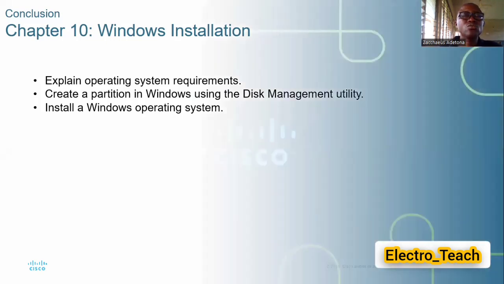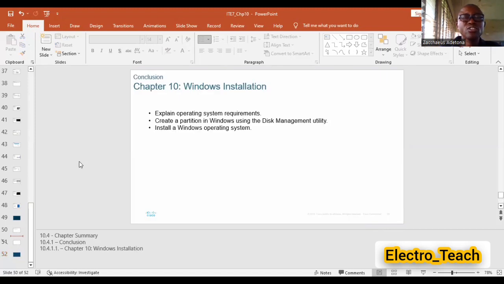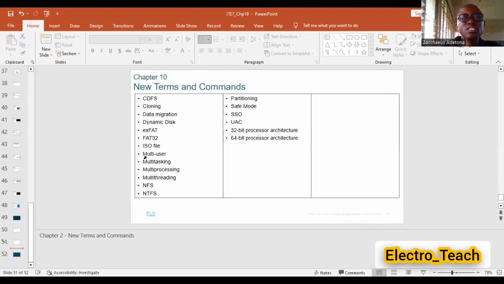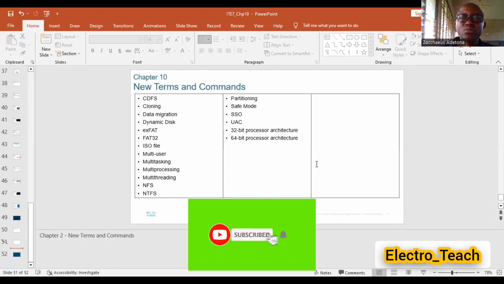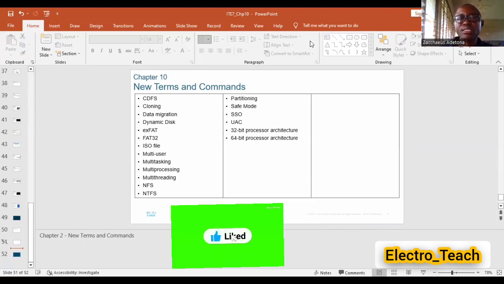We have also come across so many new terms in the course of the discussion. These are some of the new terms: CDFS, cloning, data migration, dynamic disk, exFAT, FAT32, ISO, multi-user, multitasking, multiprocessing, multithreading, NFS, NTFS, partitioning, safe mode, SSO, UAC, 32-bit processor architecture, 64-bit processor architecture. You need to familiarize yourself with all these terms that we have come across in the course of this chapter 10